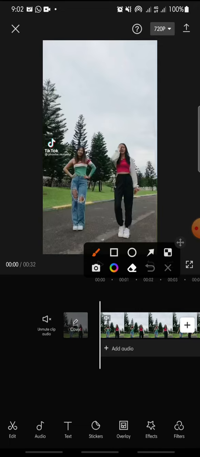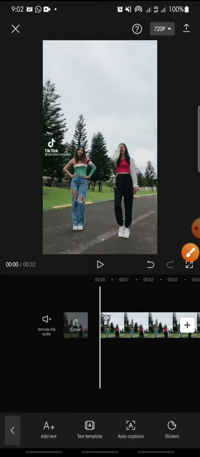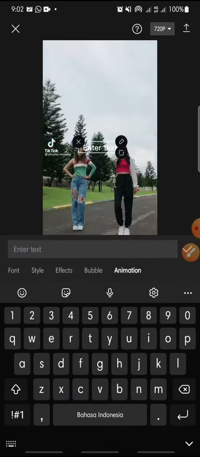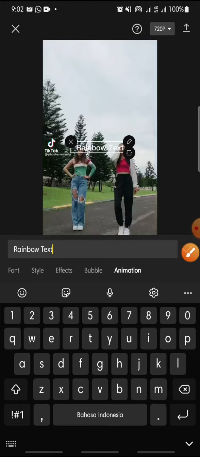after this, you just click on the text at the bottom, and then click add text and use the text that you want to, and then write the text, maybe a rainbow text like this. And then after this, you just click on the